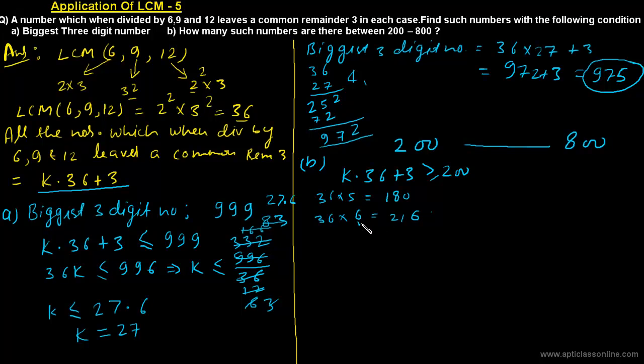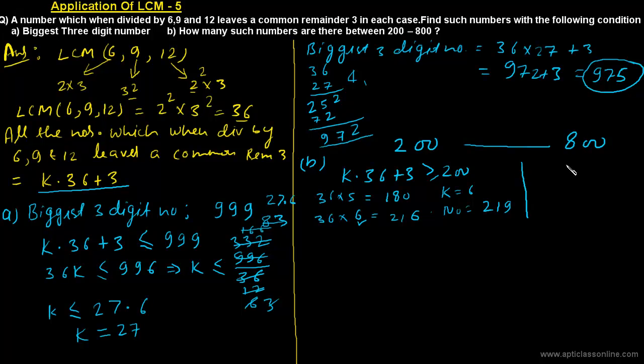So this is the first value. For k equals 6, the first number which will come out is 216 plus 3, that is 219. So the first value for k is equal to 6. For k equal to 6, the first number is equal to 219. Obviously then we will find the next value of k, that will be 7 and 8, 9, and it has to go till